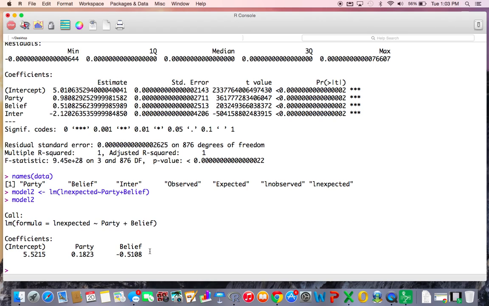But what I want to do from here is, what if we added gender? What if we not only knew the party of the person and the belief, but what if we added in a third categorical variable, gender? How would we do that? And that's where the log linear analysis really starts to